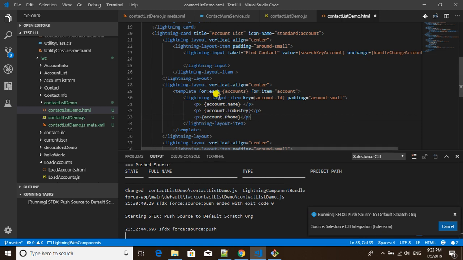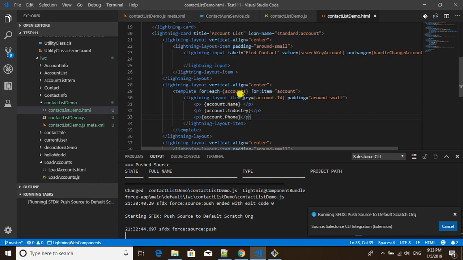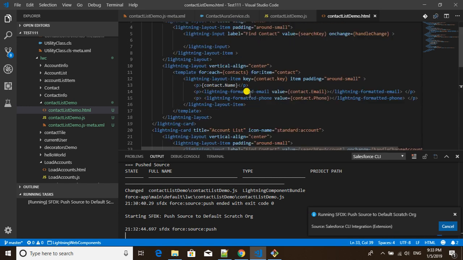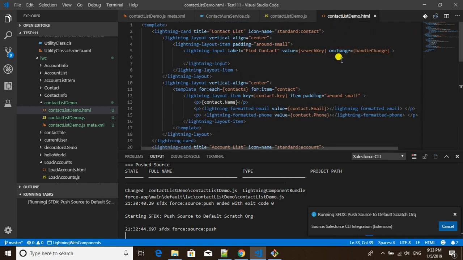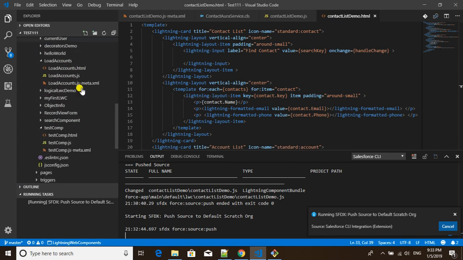In the meantime, let's create one more component. Okay, we cannot create because the other one is already here. So the next step is to see how we can call one component inside another component, the concept of parent-child components. As you can see here, the name is contact list demo. We will create one more component that we will name account tile,